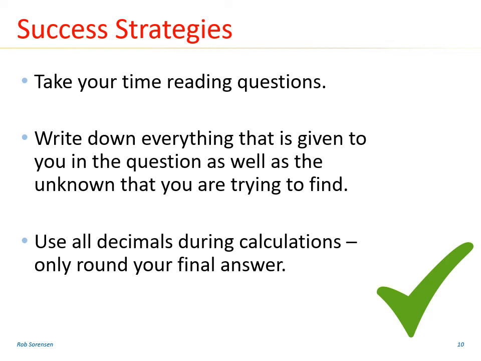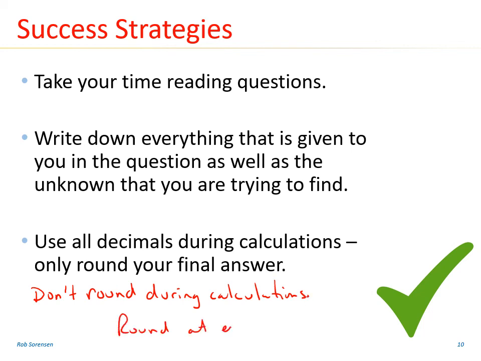You don't want to round along the way, because that'll introduce rounding error. So don't round during your calculations. Round at the end. Once you get the final answer, round at the end only. And there I want you to go, unless I ask otherwise, to 2 decimals. Why 2 decimals? Well,